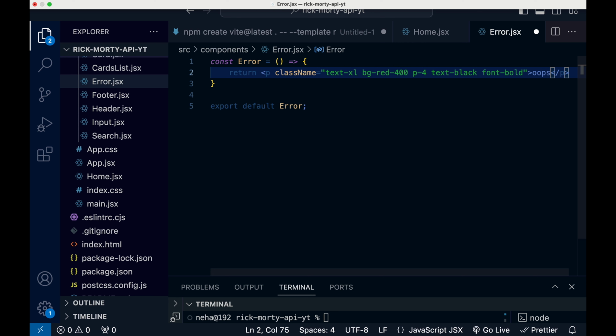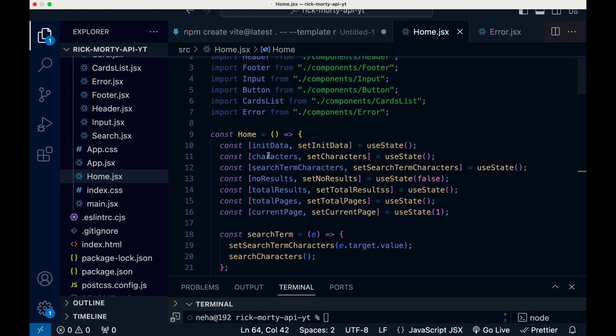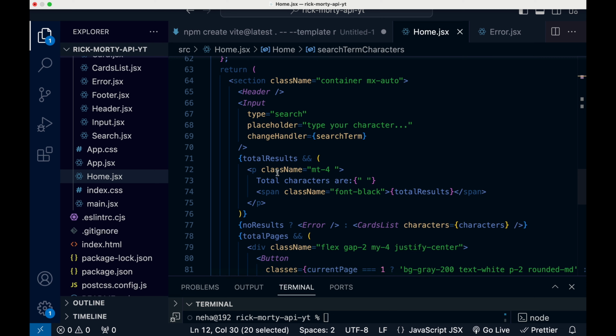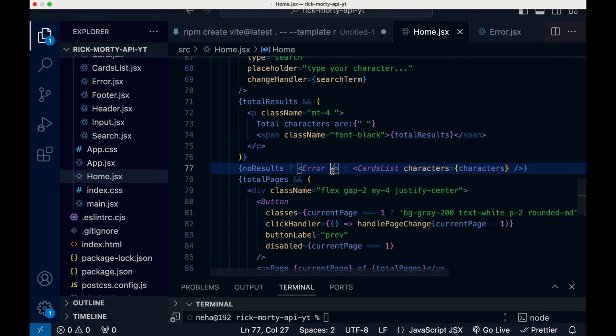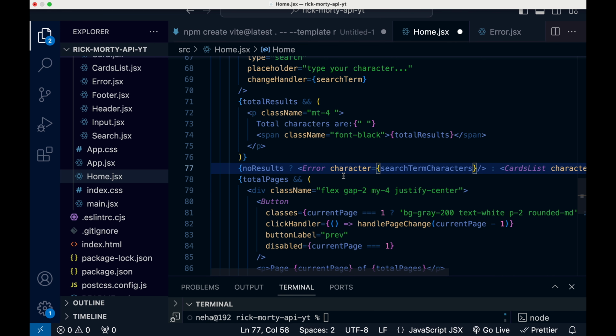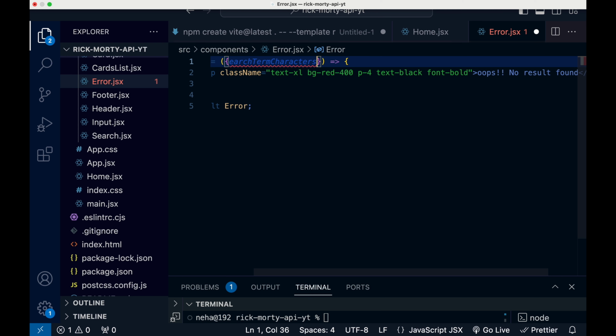and we can say oops, no result found, and whatever the user has searched, which is actually in search term characters, we can pass it to our error component here. Yeah, search term, we can put search term characters like this. Go to error, receive it here,